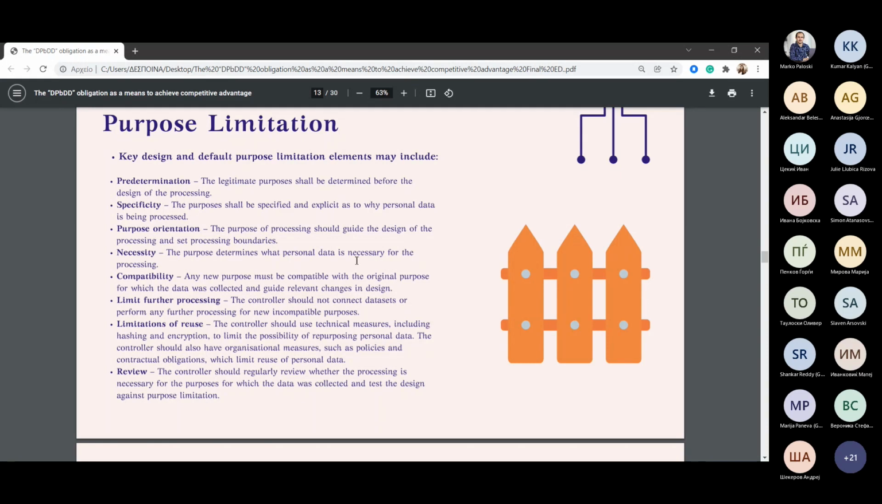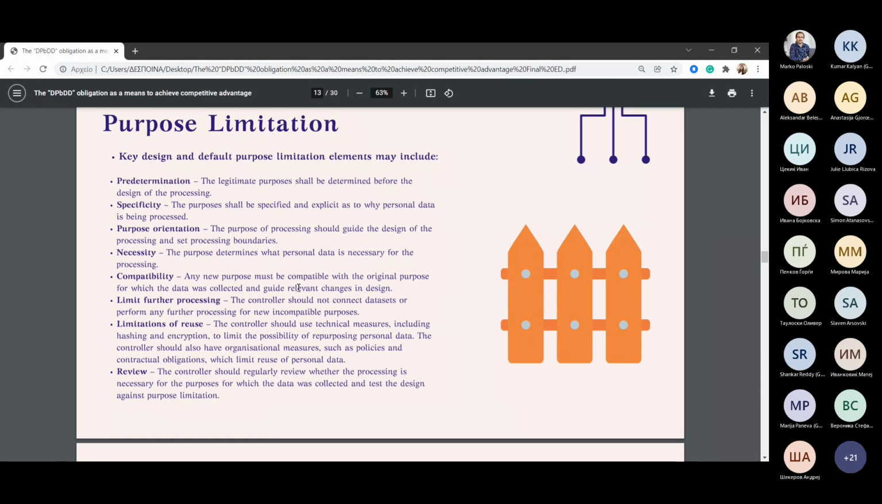for the processing. Compatibility. Any new purpose must be compatible with that for which the data was collected and guide relevant changes in design. Limit further processing. The controller should not connect data sets or perform any further processing for new incompatible purposes. Limitation of reuse. The controller should use technical measures, including hashing and encryption, to limit the possibility of